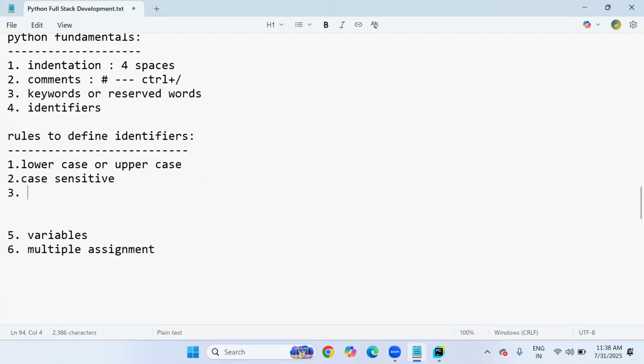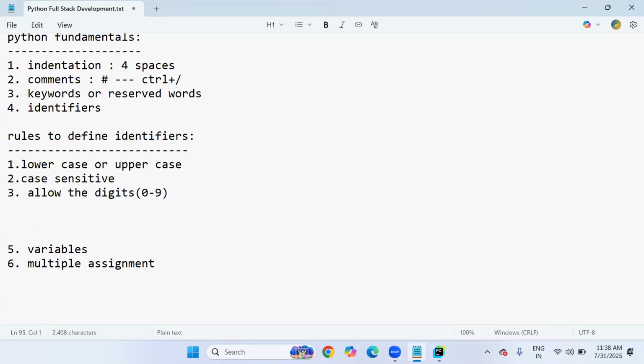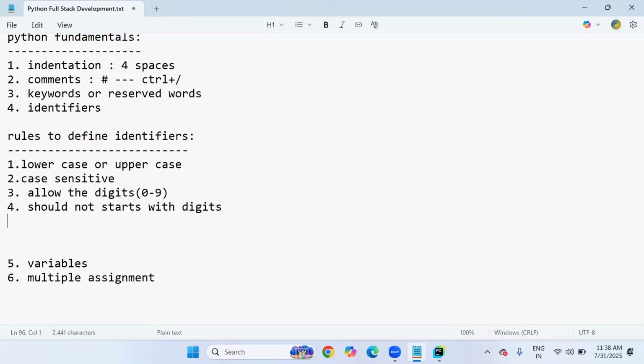And rule number 3: identifiers allow digits. Yes, while defining the names, you can include digits. But rule number 4 says identifier should not start with a digit. This is also compulsory. While declaring the names, you can include digits and numbers, but it should not start with numbers. For example, you can see